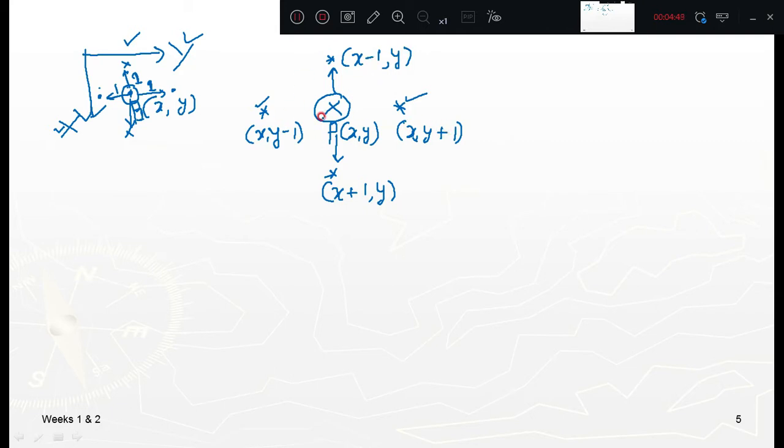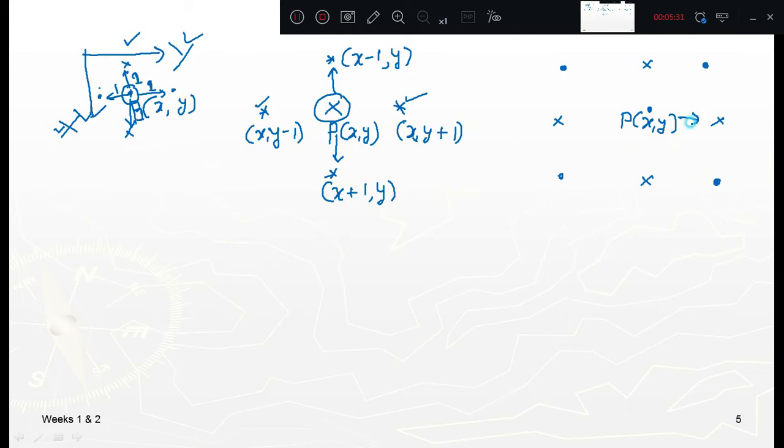Similarly, let us consider 8 neighbors. Again I'll take the middle pixel p of x, y. Now I'm pointing to the 8 neighbors. Which are the 8 neighbors? First neighbor, second neighbor, third neighbor, fourth neighbor. Now I'm into the 8 neighbors diagonally; like this one, diagonally you should go here. This is the point. With respect to the middle pixel, you always have to discuss with respect to the middle pixel.